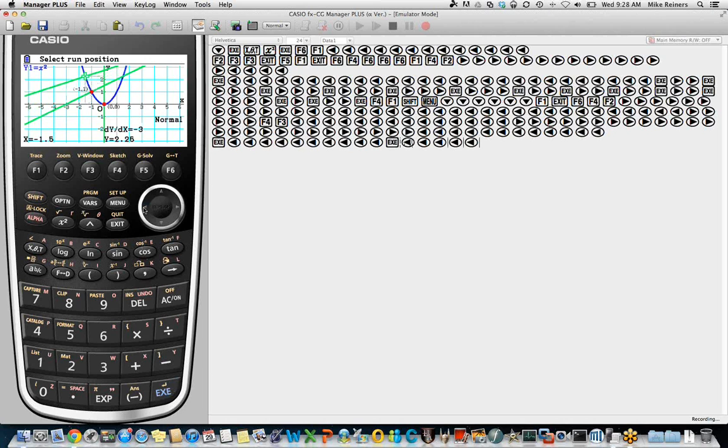And let's go to -1.5 and mark a normal line there. And then let's go into our sketch menu again and choose tangent. And let's mark the tangent lines at 0, 0 and at -1, 1 and at -1.5, 2.25.